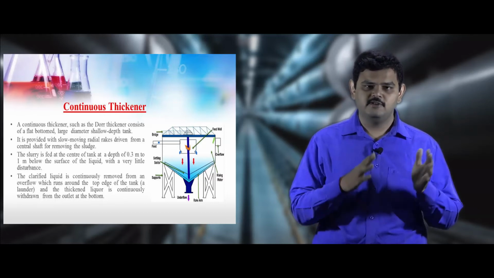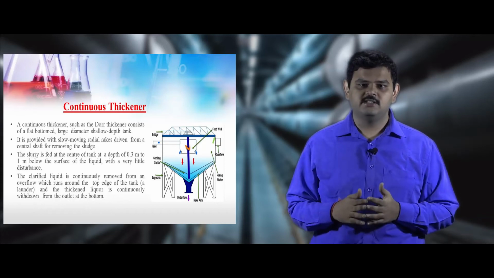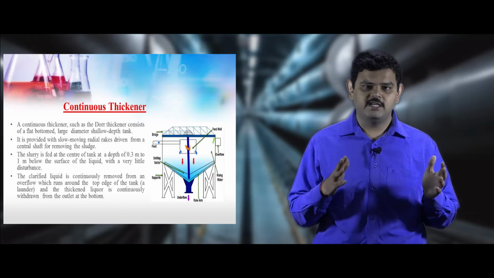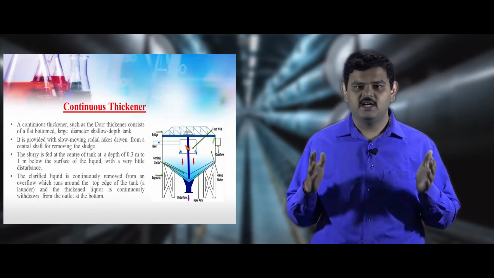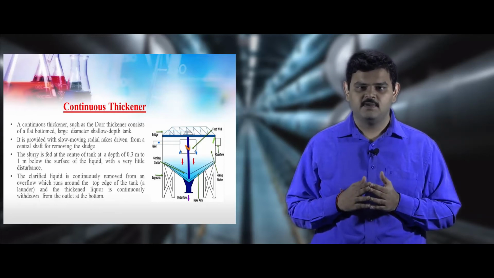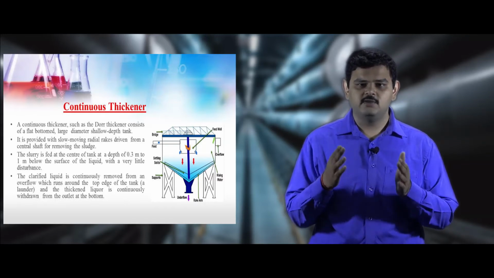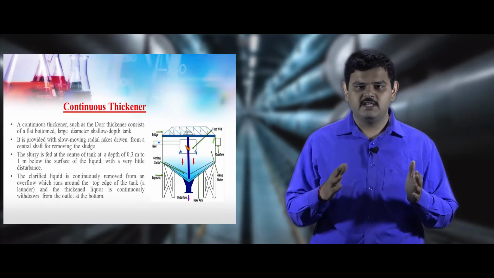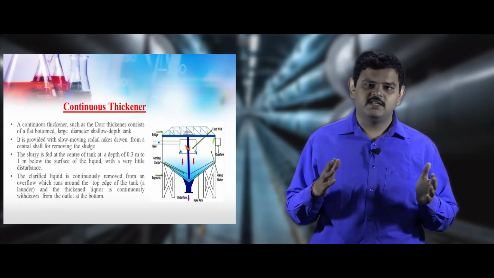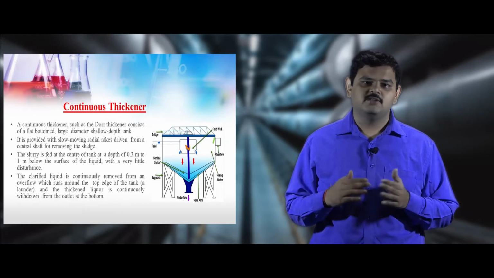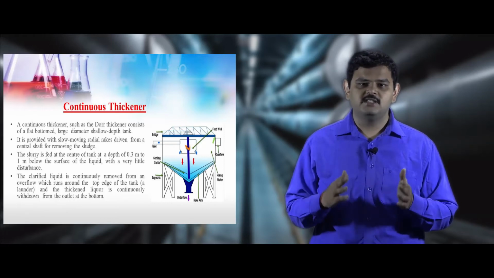In continuous thickeners, we send in the feed slurry, and the clearer liquid and the bottom sludge are removed continuously. The feed liquid is introduced at the center of a shallow-bottomed, large-diameter tank with a conical cross section. The feed is introduced at the center at least 0.3 to 1 mm below the surface. The clearer liquid passes through different launders. The concentrated solids are sent to the bottom, where a rake rotates and concentrates the solids so that the sludge can be removed.